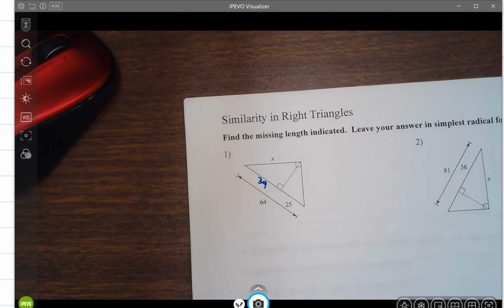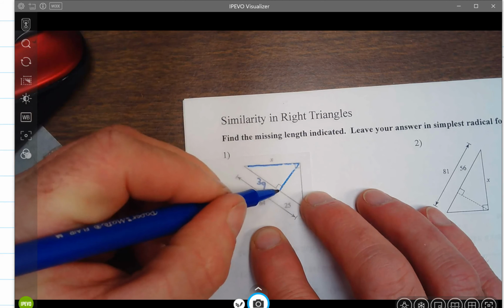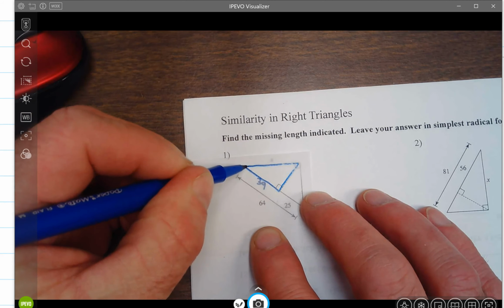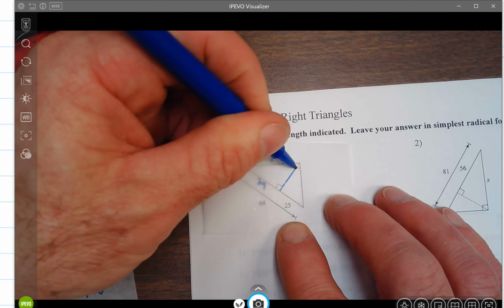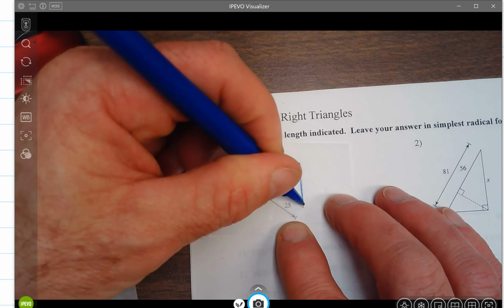Now I have two smaller triangles here. I have this triangle, and its sides are X and 39, and we have a right angle here. And then the third triangle is this one. And in that triangle, the only side that we know is the 25. Okay, so now I'm going to take those three triangles